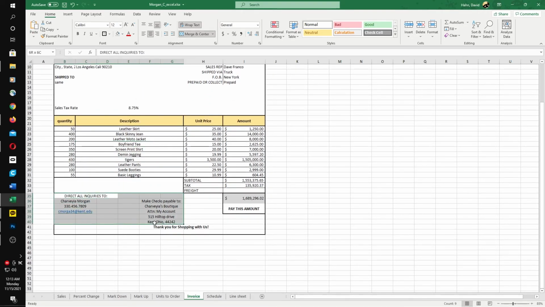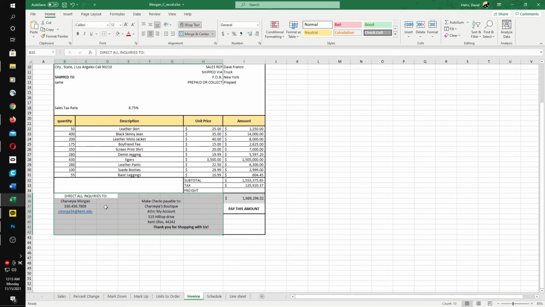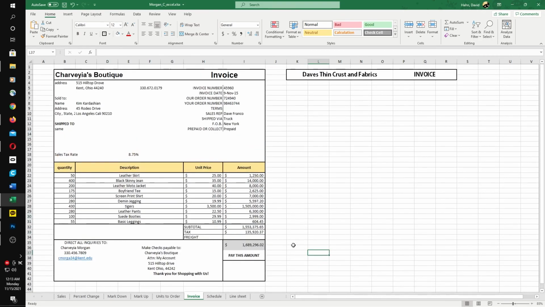You're going to put all your pretend or real contact info here. I'm going to say no border, right? And then I'm going to say thick box border, and I'll put some white paint there, and make the formatting look nice over here. And then this area too, here we can just say white paint. And this is the formatting that I want to see for your